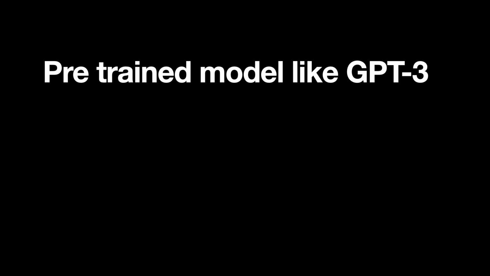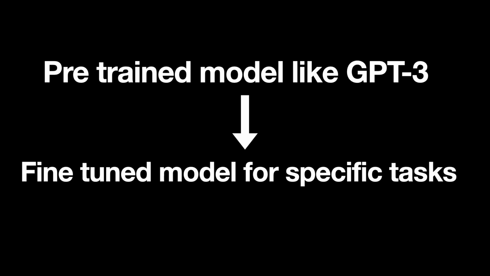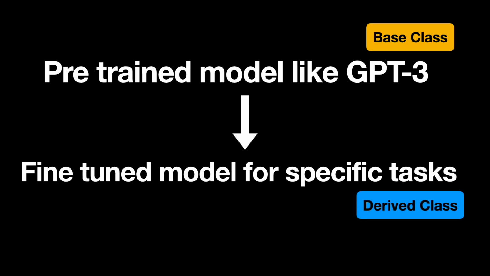So here, suppose we have a pre-trained model like ChatGPT. What it does is act as a base or parent class with parent features, which is now derived by the fine-tuned model for a specific task. For the healthcare system or image processing system, we use it. So the fine-tuned model gets more benefit, more features, and becomes powerful day by day. So again, this pre-trained model is a base class, and here is a derived class with a new, better version.